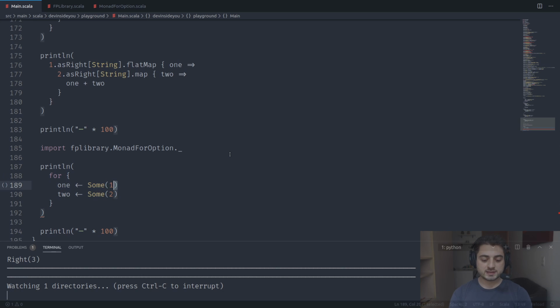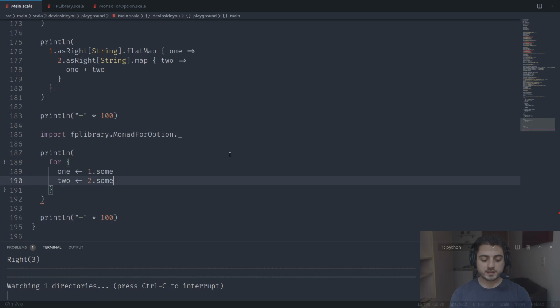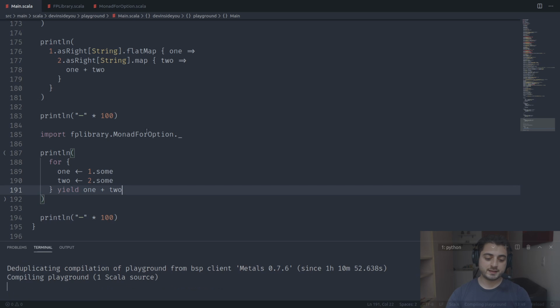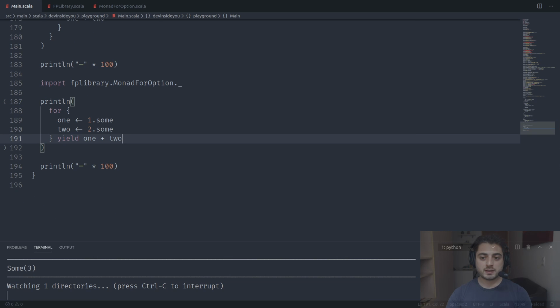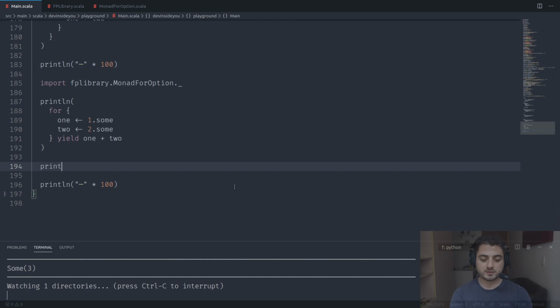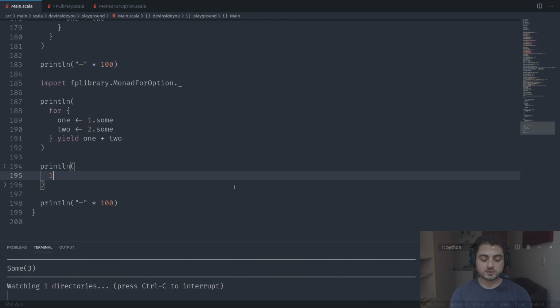In fact, I'm going to start using the CATS syntax. So I'm going to do 1.sum, 2.sum, like this. All right, so we're going to yield 1 plus 2, like this. All right, very typical thing. Okay, so let's also do the desugared version, because we want to see the similarities. So let's do print line, and we're going to do 1.sum, and